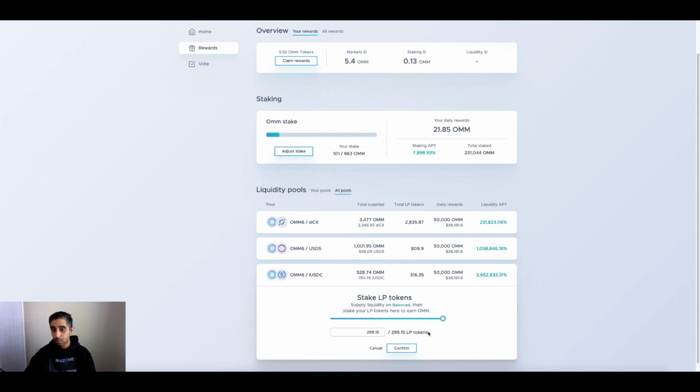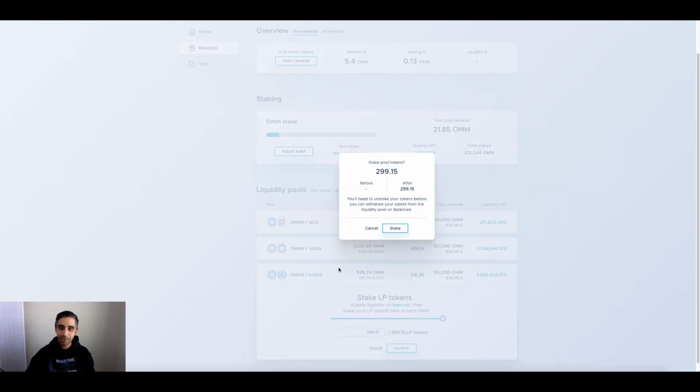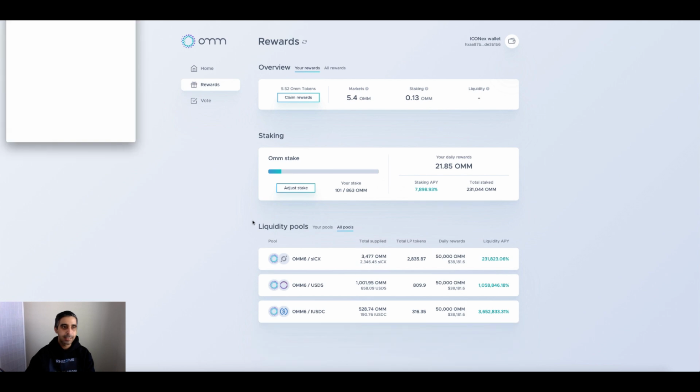Make sure you add it all. Why wouldn't you add it all? Well, if you leave half, you're only going to get essentially half of the reward that should be coming to you. So make sure you put all your LPs there, stake it,